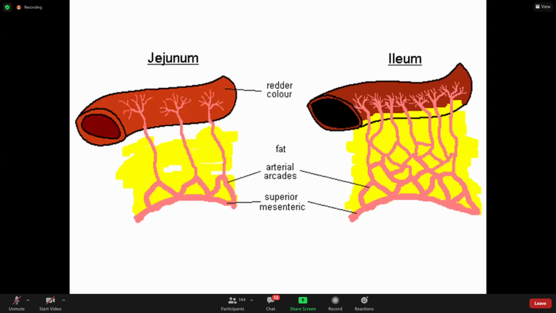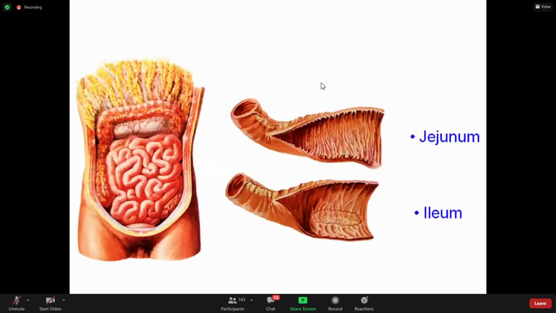So just to summarize, the difference between the jejunum and ileum is, number one, now I will not be going into the microscopic features. Grossly, just look at the wall. The wall of the jejunum is more thick as compared to the wall of the ileum, number one. Lumen is more, and mostly it is empty as compared to ileum, where the lumen size is small, and this will be filled with some undigested food particles.